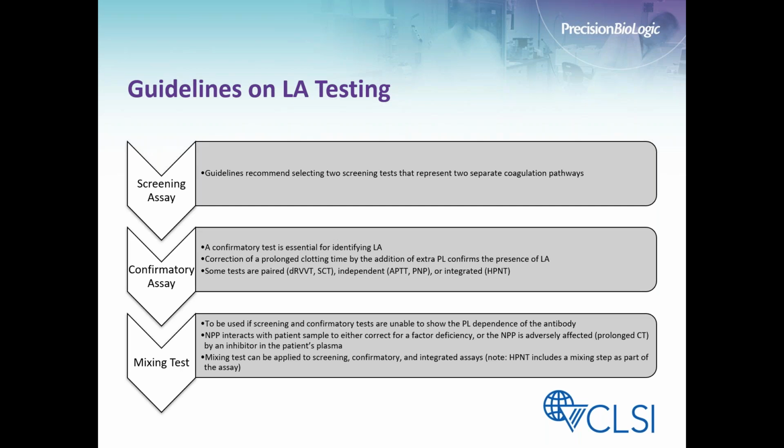If you receive a positive result in your screening assay by either method, it's then recommended that you move on to a confirmatory assay. Now you'll see as we go through the next few slides, the common thread in a confirmatory assay is the addition of excess phospholipids that interact and have a neutralizing effect on any lupus anticoagulant present in the sample and will shorten the clot time of the abnormal screening assay. So the abnormal screening assay may be your APTT assay, and the confirmatory assay would be an APTT with an excess of phospholipids, and you would look for a shortening of that clot time upon the addition of phospholipids to the